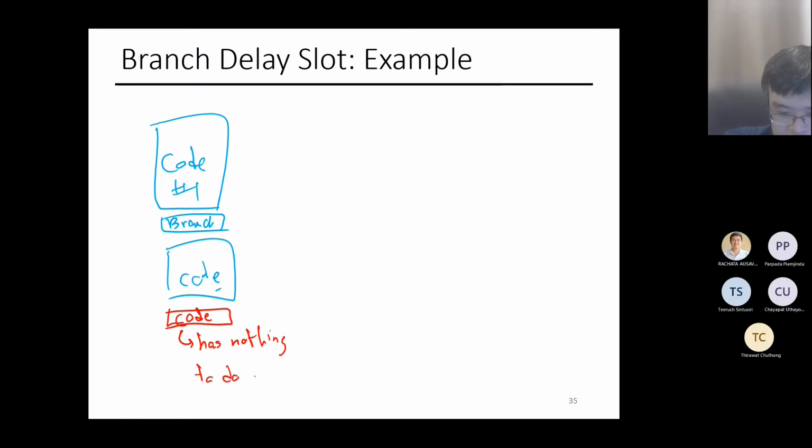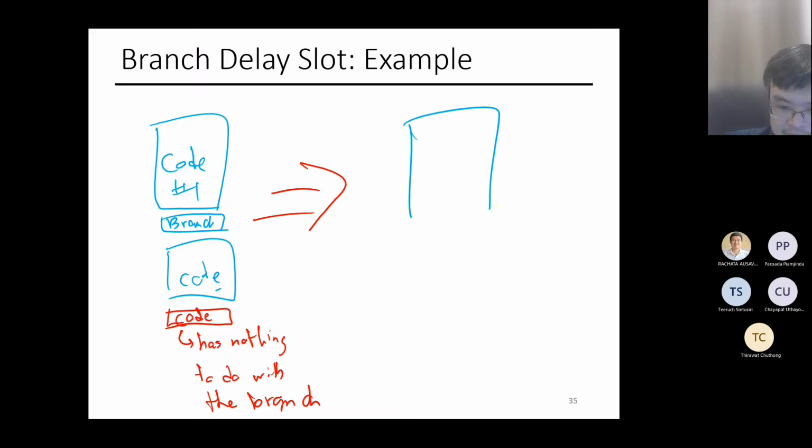The delay slot would convert your program into something like this: code 1, and then you have the branch here, and then the red code will be moved here,